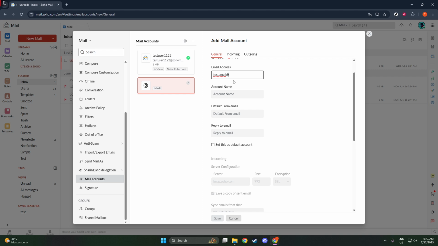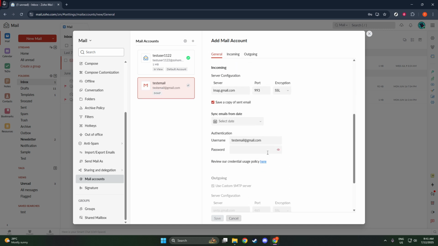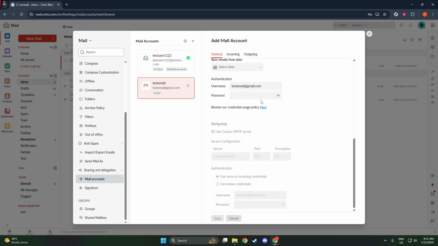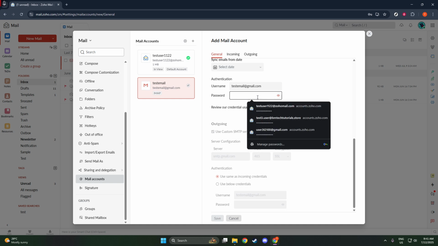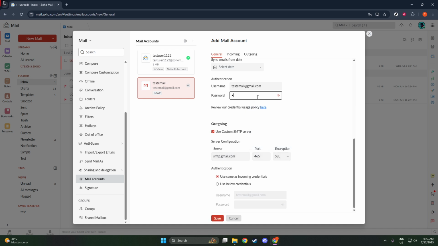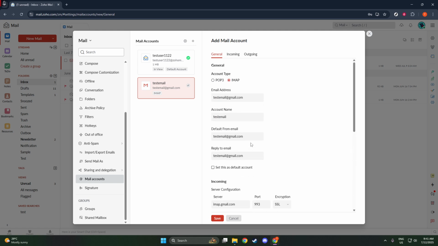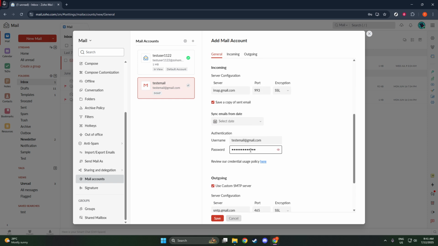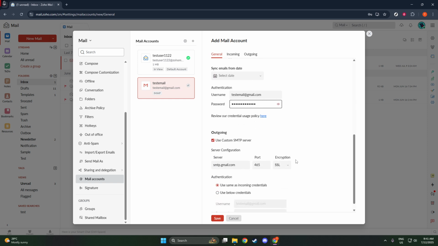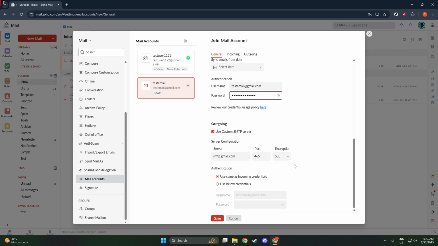This will lead you to the next critical step: choosing the account type and provider. At this point, you need to decide on how you'd like Zoho to connect to your email account. There are two protocols you can choose from: IMAP, which is recommended for its ability to sync emails across all your devices, and POP, which downloads emails to one device. After deciding on the protocol that suits your needs best, it's time to choose your email provider from options like Gmail, Outlook, Yahoo, or select Other if your provider isn't listed.